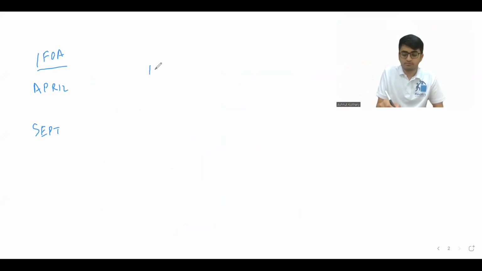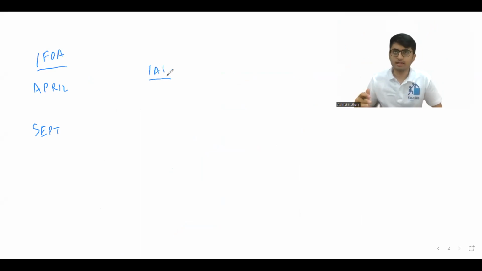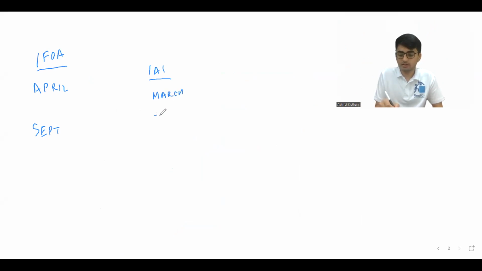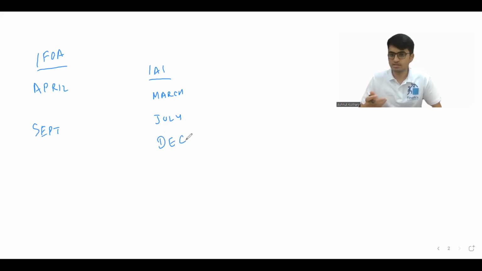From IAI, they are a bit inconsistent. This year, the exams were held in March. The next set of exams are in July. And then they have said that they are thinking to keep the examinations in December. So thrice. Otherwise, usually it was twice every year. Going forward, things might change. But as of date, IFOA, as per their communication, I don't see any changes. They might stick to April and September only for the usual examination sessions. So exams are held twice, I would say, most of the times a year, be it from any institute.